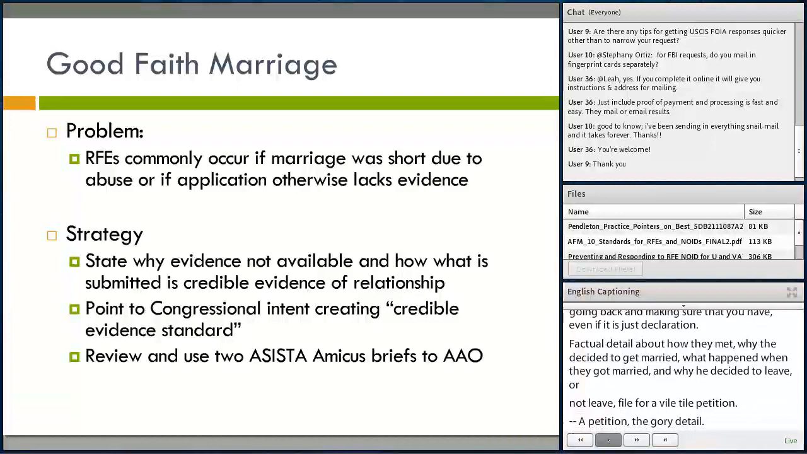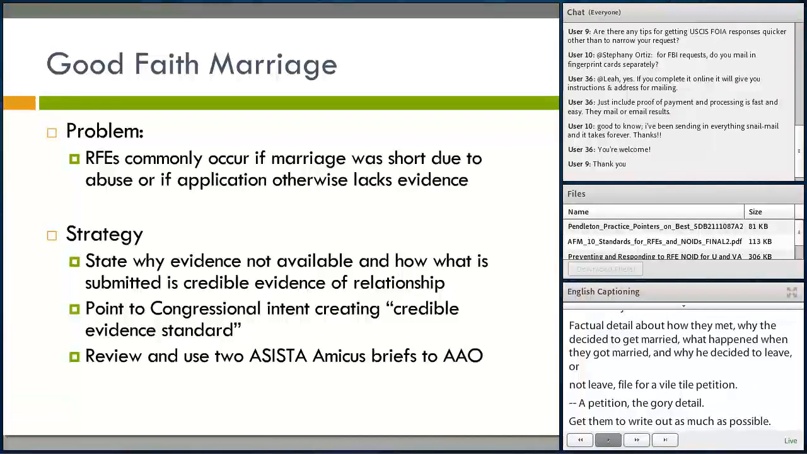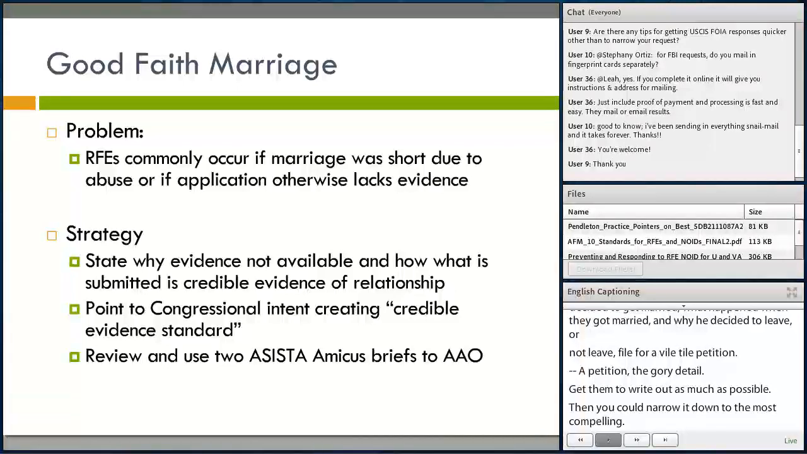Get your client to work with a domestic violence advocate to write out as much as possible, and then you can weed it down to what's the most compelling. And again,